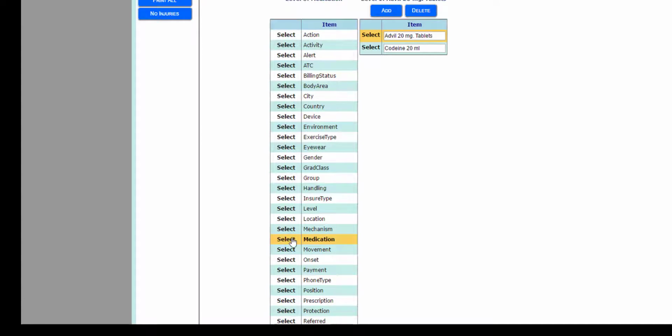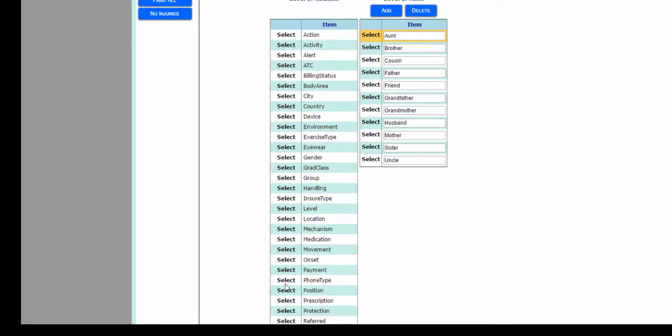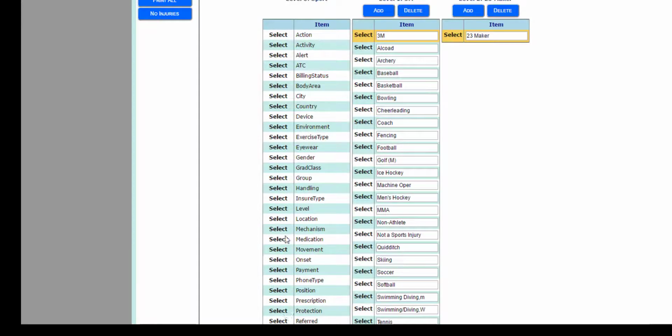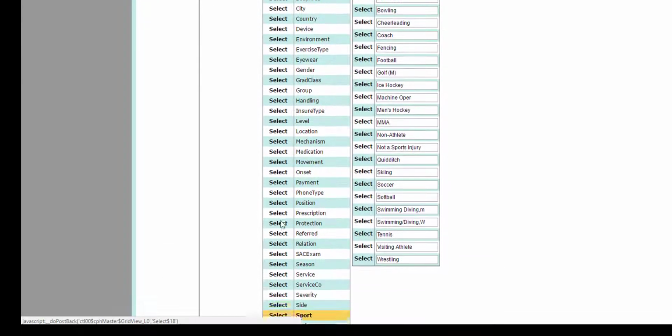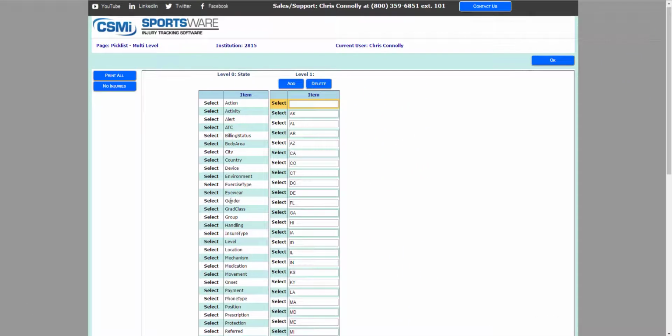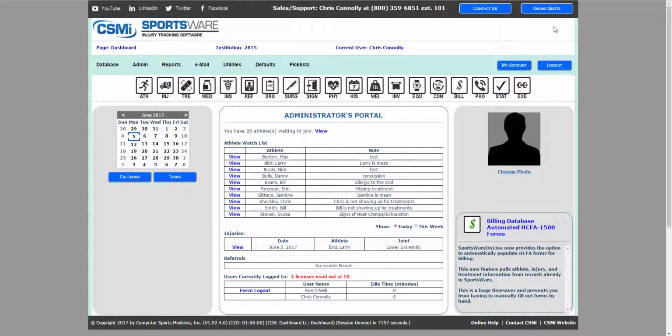medications that the athlete might be prescribed to or currently taking, the relationship between the athlete and the emergency contact provided, the sport in which the athlete plans on or plays in, and lastly, the state in which they reside in. Once you're done, you can click OK in the top right corner, and those choices will be available to you